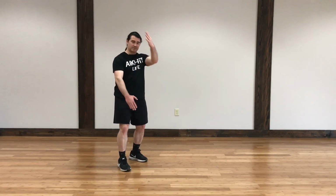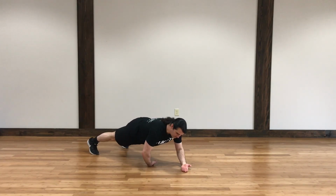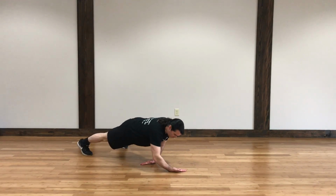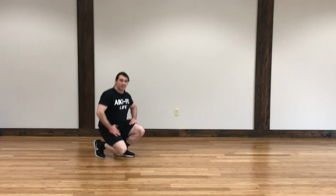So let's say this, you know, like if we're here and I cut down and cut up at the same time. And I hold it for as long as I can. And then I would trade arms. And hold it for a long time. And the longer I can hold it, the longer it builds my stamina, my ability to